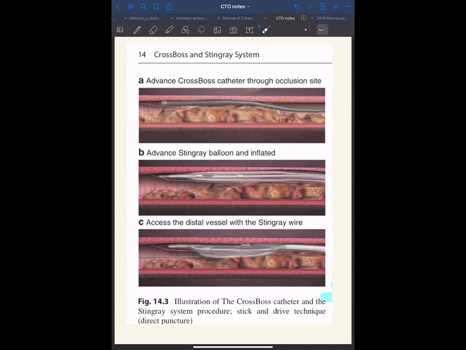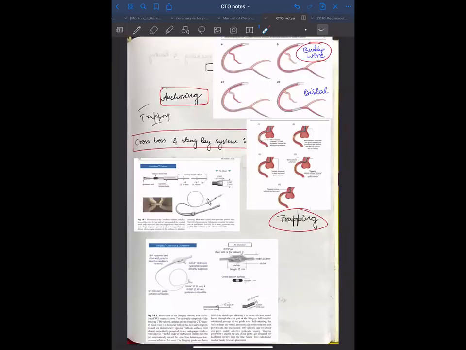You said crossbars is a rotating device. Does it rotate, or you have to push it only? No, you go in with a rotating motion, with a very high spin, fast rotating motion. Okay, manual rotation even. Okay.